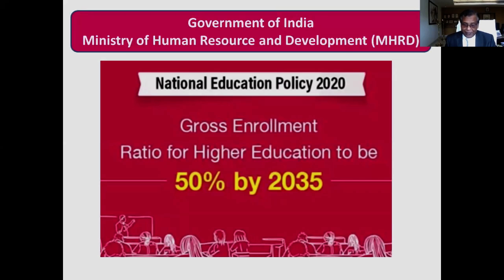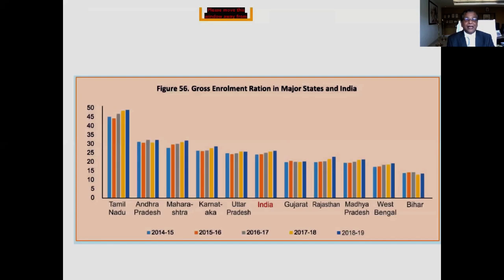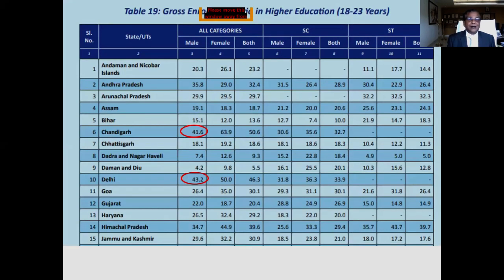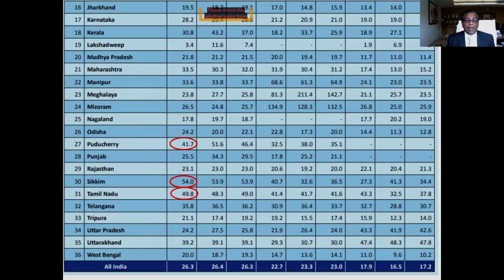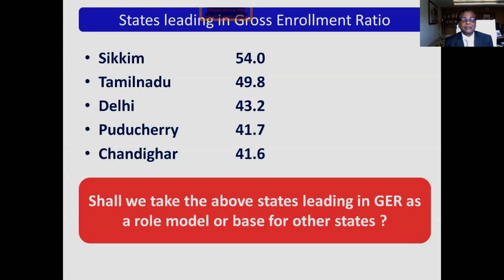Now, if you look into the National Education Policy 2030, as you told, 50% by 2035, then the gross enrollment ratio that we have seen in all the places. Then let us see how this gross enrollment in higher education is distributed. Of course, male and female are almost the same, or in some places more male and more female. And if you look into the states leading in gross enrollment